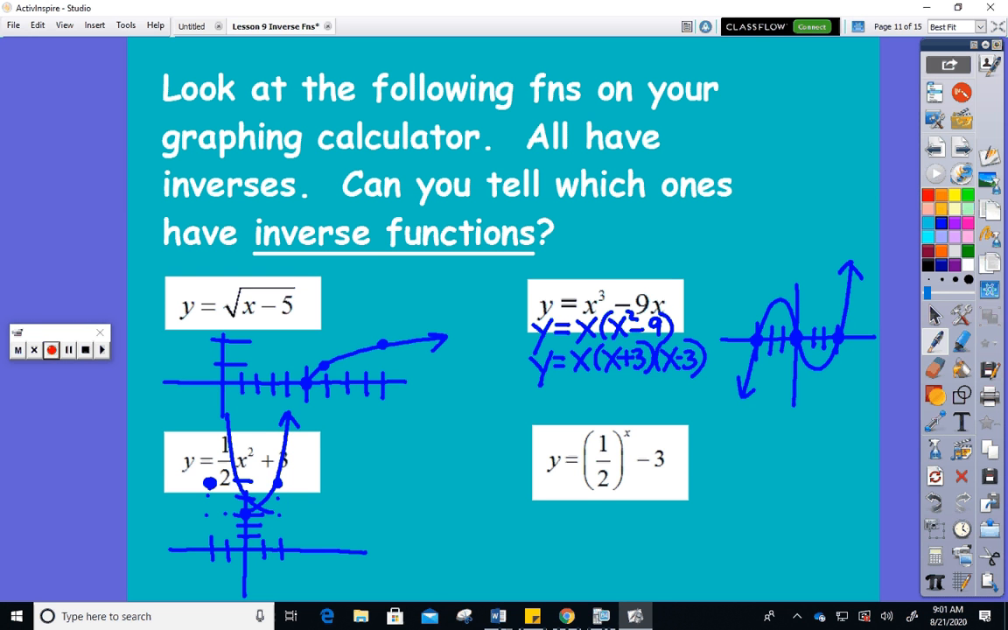That is not where I graphed that. Let's try that again. So there's that graph. Now, on the next one,